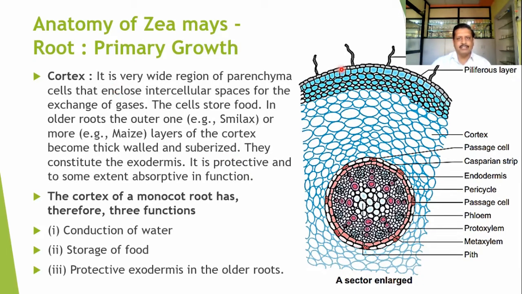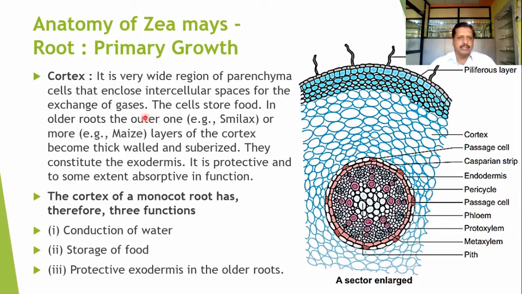After the epidermis, these are the root hairs. In the epidermis there is no presence of cuticle. This 3 to 4 layered structure is known as the hypodermis. Most of the time these hypodermis cells are collenchymatous, and this particular zone is known as the cortex zone. Actually, the cortex zone is a very wide region, and the parenchymatous cells may be loosely arranged, having intercellular spaces. These cells may store food. This cortical zone is made for the storage of food.